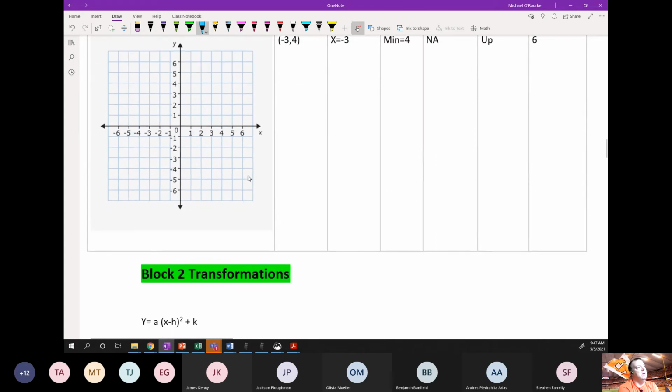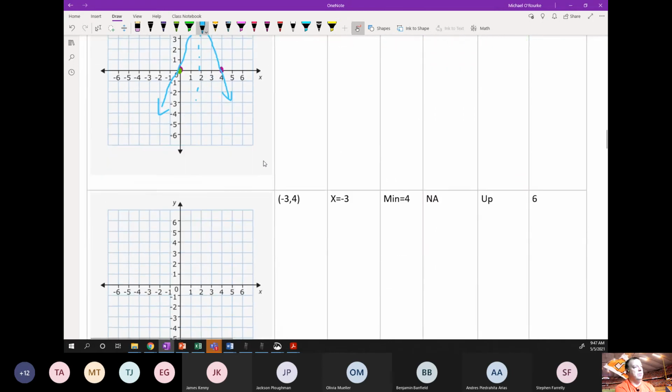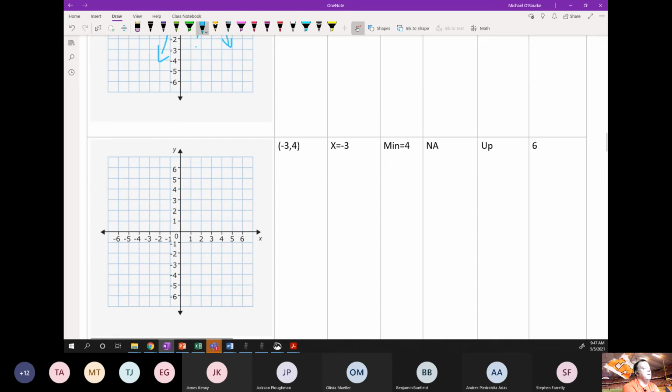So here's what I want you to do. I want you to try to graph this. I'm going to tell you what parts to graph. So graph your vertex. Graph your, here's your x-intercepts. Do we have any x-intercepts in this one? Yes or no? No. So we don't need to graph those. We want to look at those. And graph your